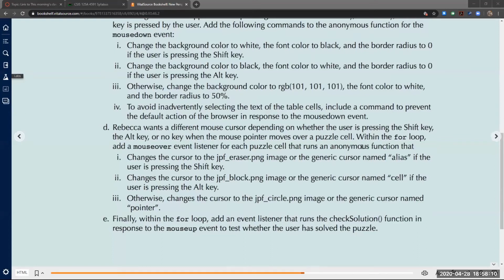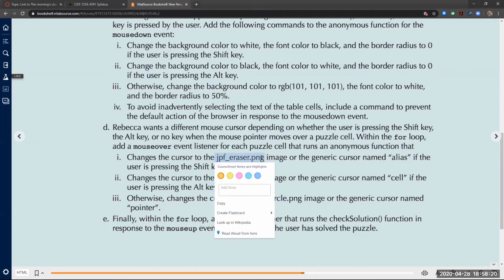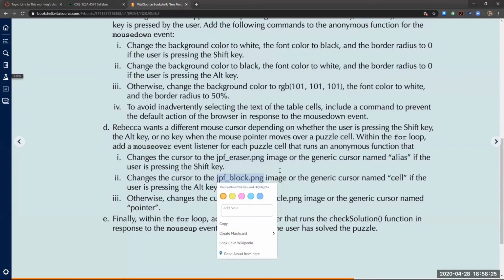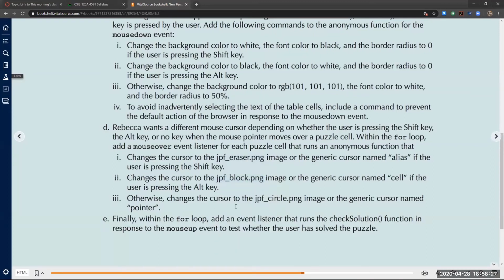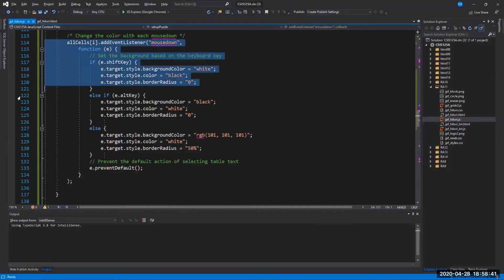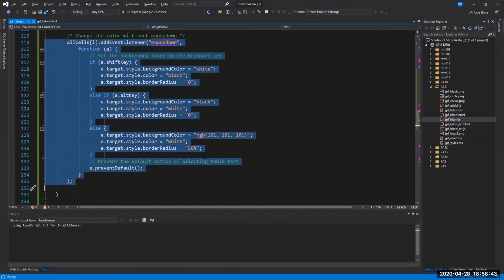So again, we're going to grab the puzzle cells, and within the for loop now, we're going to change the cursor. And it's going to change, again, depending on which button has been pressed. So the first case is the shift key, the second case the alt key, and then the other one's the catch-all. So just make sure that you're outside of the previous statement for